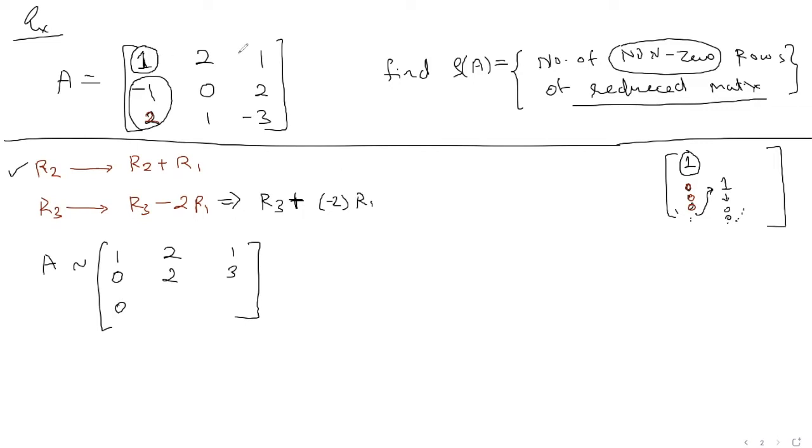But you have to perform the operation for the entire row, right? So you multiply -2 here, it will become -4. -4 and 1 is -3. Multiply by -2 here. So 1 into -2 is -2. -2 and -3 is -5. So this is how it is reduced, right? So we have reduced the matrix like this. Now, this question is to find the rank of the matrix only, so they are not specifying any method.